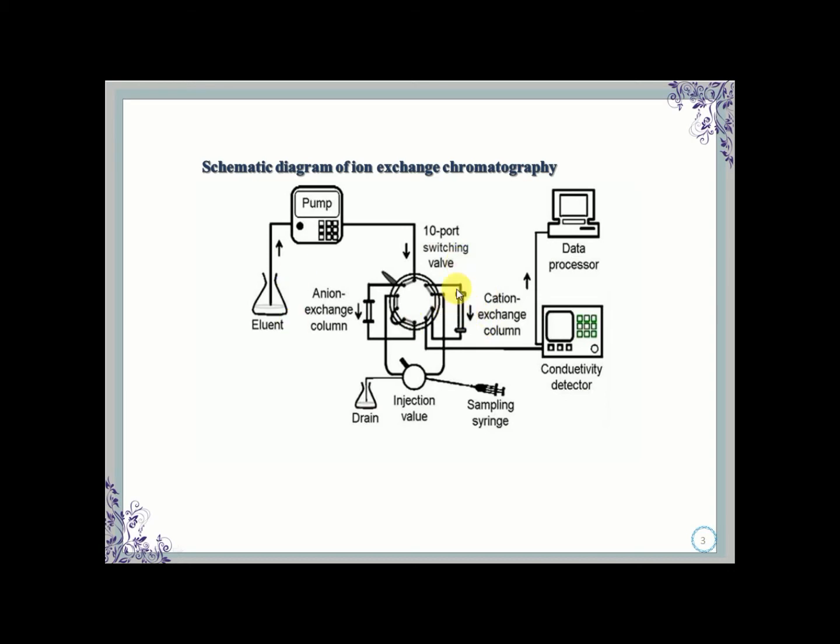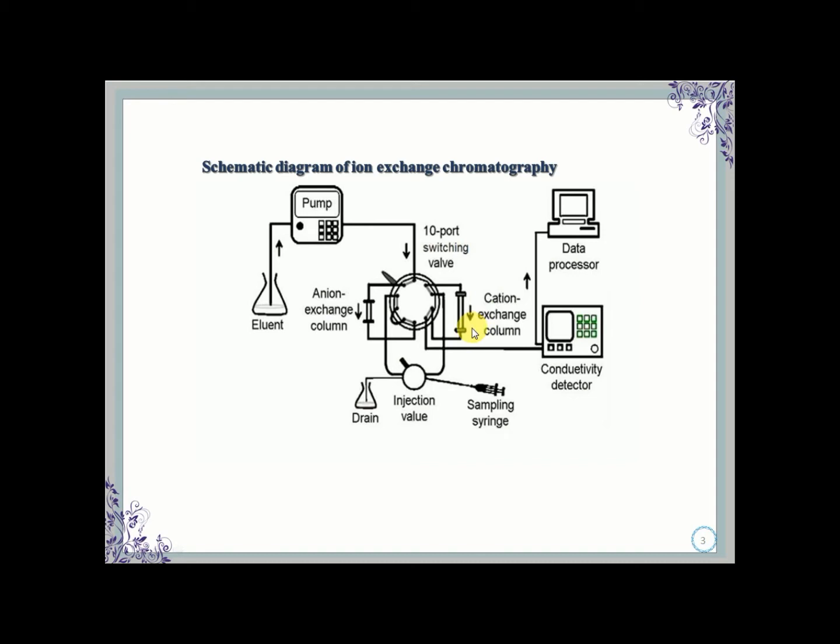You can see the injection valve, sample syringe, and our column is attached to the detector, and the detector is attached to our computer. Now we will see each part individually. First of all, we will go through the column.